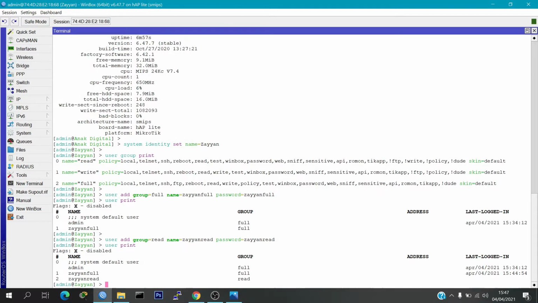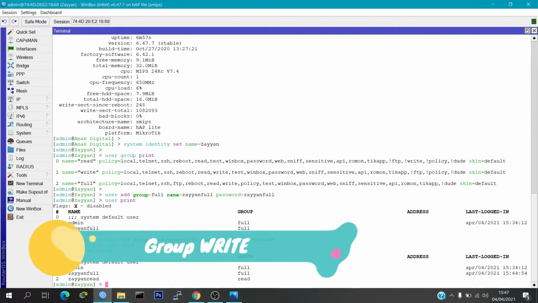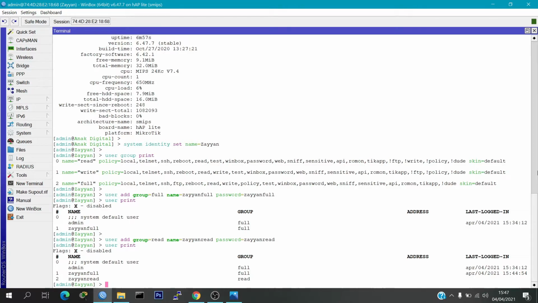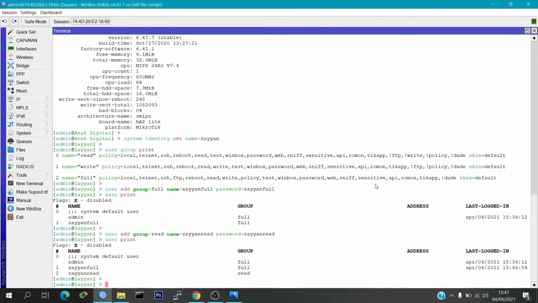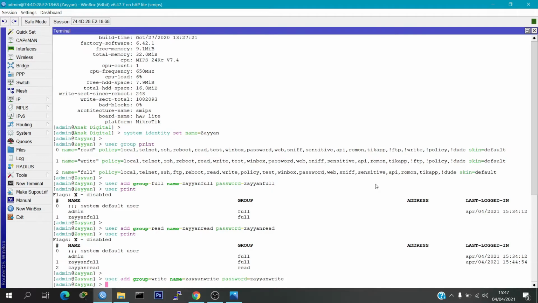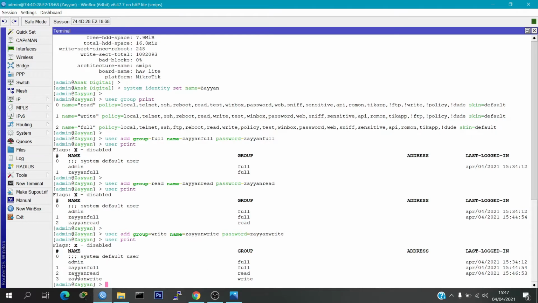Next is user write. In here I want to create a new user with the command user add group write, the name of the user is Zayan write, and the password is Zayan write. Click enter, and then check with the command user print, and then you can see that I am successful in creating a new user. And then I want to try to connect,